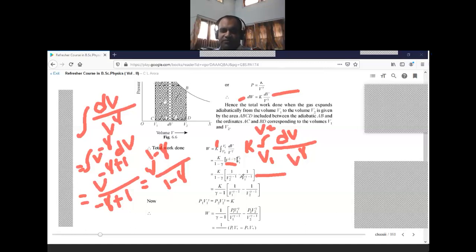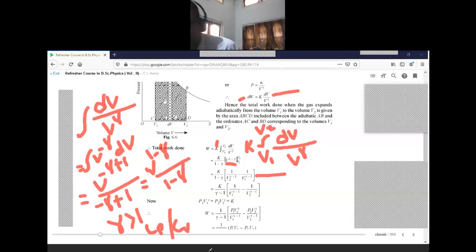I assume all of you know this integral calculus. So this is just the integration from here to here. Now one thing is that this quantity gamma is actually greater than 1, because we already know that Cp is greater than Cv. Specific heat at constant pressure is greater than specific heat at constant volume, and therefore gamma is greater than 1. So what they have done is that they have made 1 minus gamma equal to gamma minus 1. Why gamma minus 1? Because actually gamma is greater than 1. So K divided by gamma minus 1,